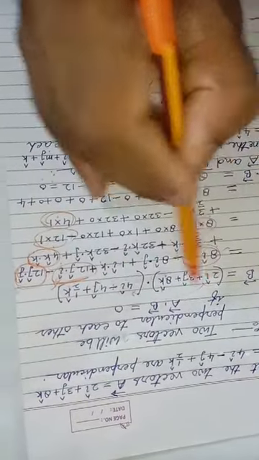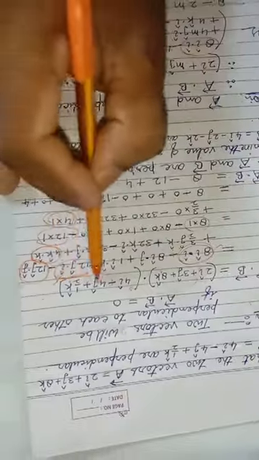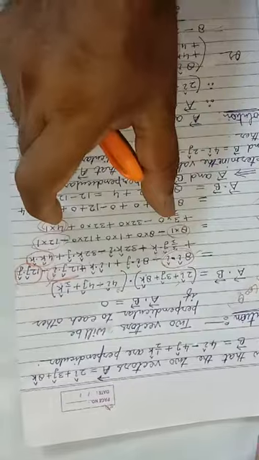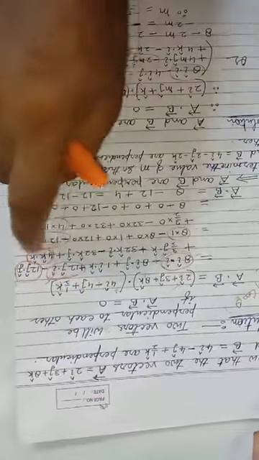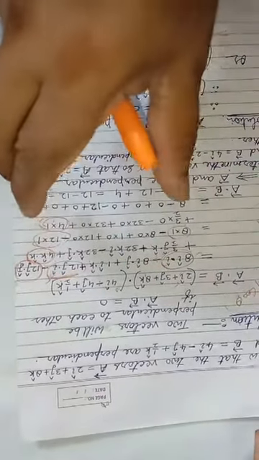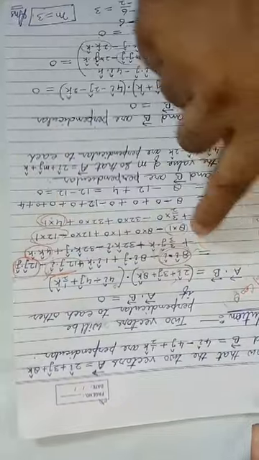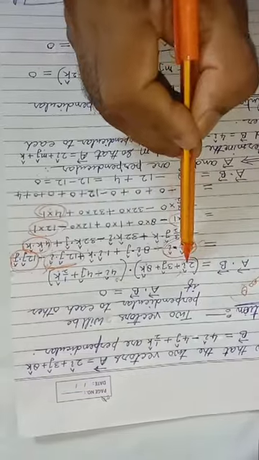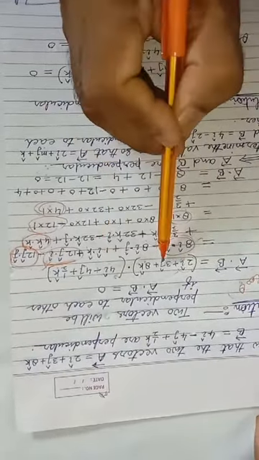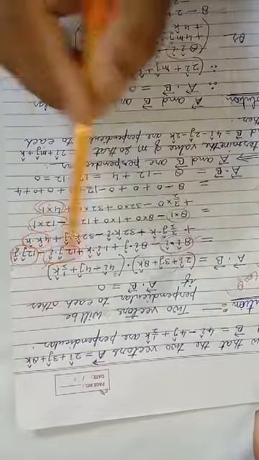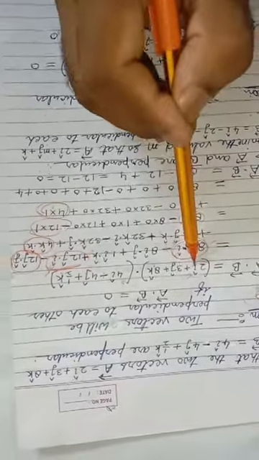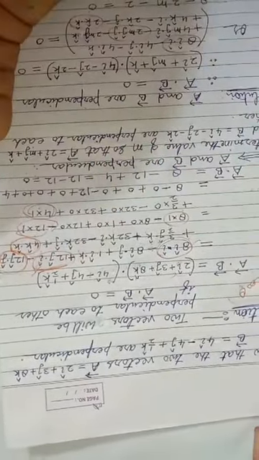Because when you multiply this 2i with 4j and 2i with this one, it will become 0. There is no need to write. I have written here because you are first learners, and so you should know how it comes. That's why I am writing all the terms. But when you have learned it, there is no need to write all these terms. Leave them. Just write, when you multiply, take only the same, that is i dot i, j dot j, and k dot k only. Because it is understood now that when this 2i is multiplied by the remaining terms, that will become 0.